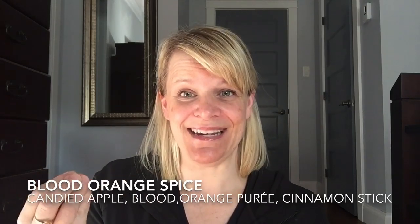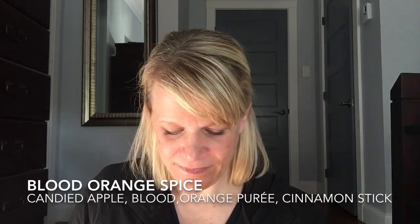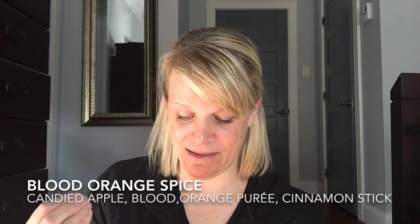you get. You get the funkiness of an apple scent. You get a little bit of an apple cider that's got the cinnamon in it. You get a little bit of the blood orange, or quite a bit, and you get a candy aspect, which in my nose kind of reads grenadine. You know, like that pretty stuff they put in the drinks, which is actually made from pomegranate, I believe. So that's what I get with this one. So if you like fermented, sweet, tart, candy scents with a medium level of spice, then you're going to love